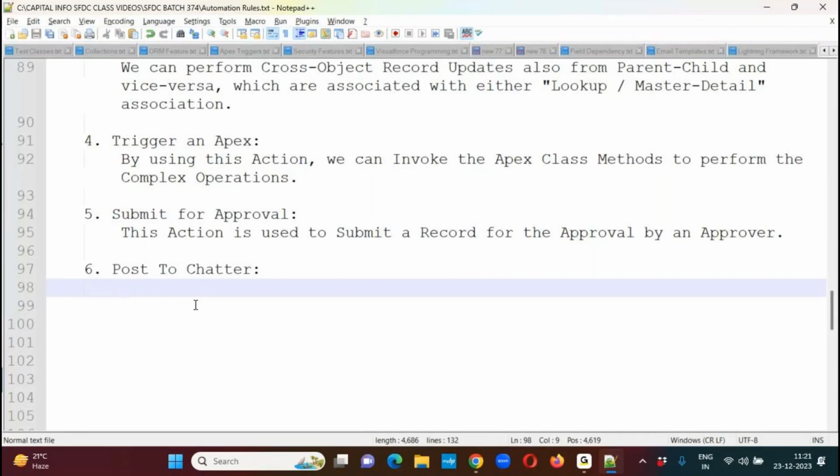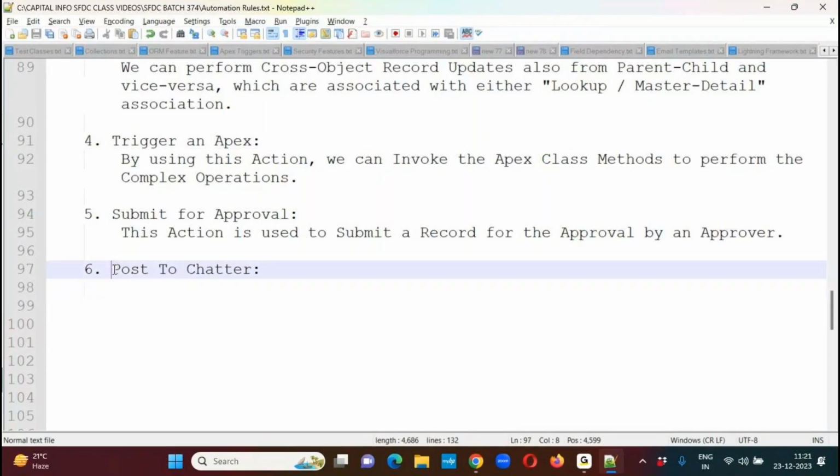So, in order to post that information, the small box that we are using is called a Chatter feed. Now, whatever content we have posted is called a feed item. So now in this case, if you want to post some information inside the Chatter feed inside your Salesforce org, then we can go with the help of a feature called post to Chatter. Basically, Chatter is an internal communication messenger inside your Salesforce org. If you have multiple users available inside the org in different locations, if the people want to